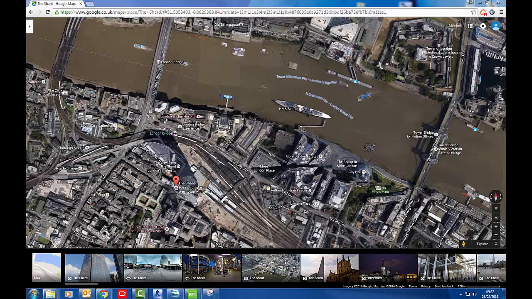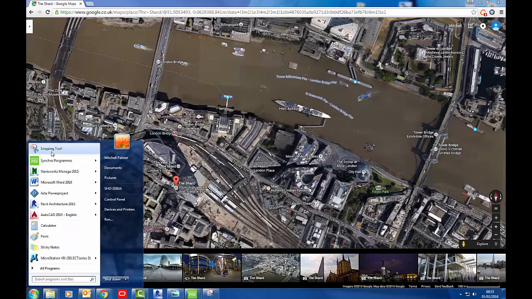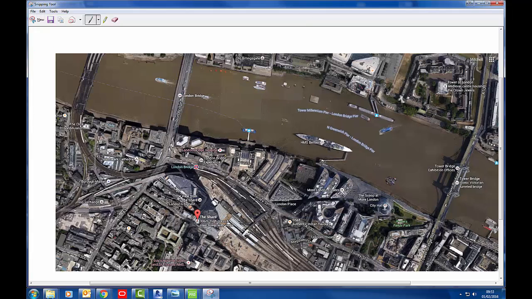Hello, this workflow video will show you how to utilize SketchUp models and bring them into Synchro to give your model some context and some location. So basically, you can bring a 2D image into Synchro. If we go to Google Maps, as we've got here, and you find your location, for this workflow video, I'm going to use a location in London where we've got the Shard and the Tower Bridge. Once you've got your location, use a snippet tool,